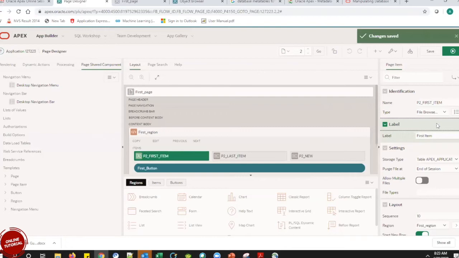Suppose I have the file on a shared drive, and I really don't want to load the file and take more database space.